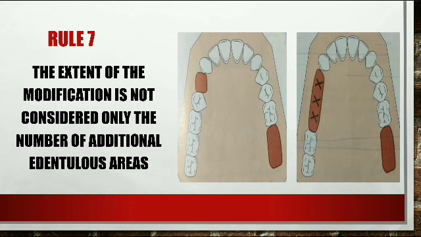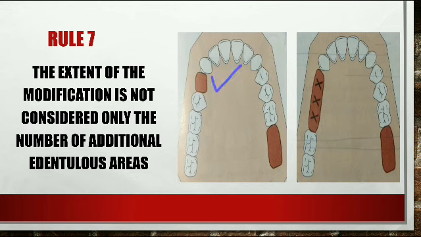You can see that it doesn't matter how long or how much extended the edentulous space is. We do not count the number of teeth that is missing. We only count one unit of edentulous area. Suppose in this diagram, this is your central incisor, lateral incisor and this is your canine. So your first premolar, second premolar and first molar is missing. But are we counting it as 1, 2, 3 edentulous? No, we are counting it as one single unit. That is, there is one edentulous area here and this is our second edentulous area.